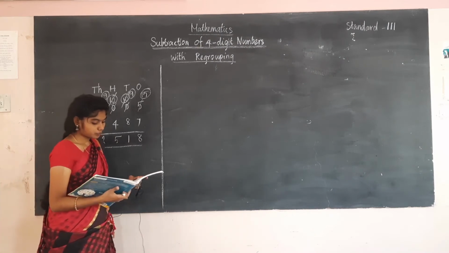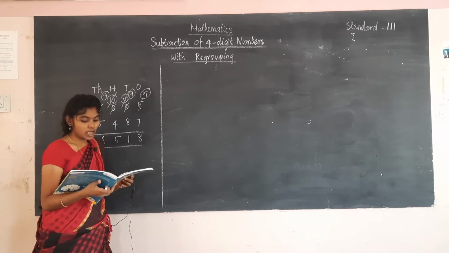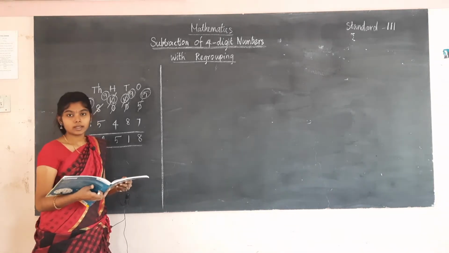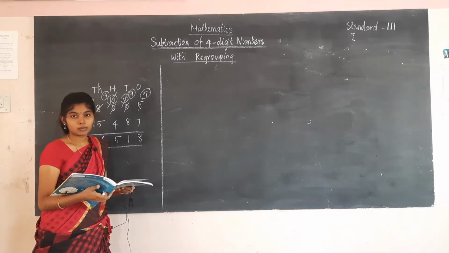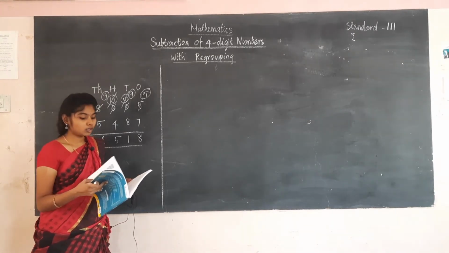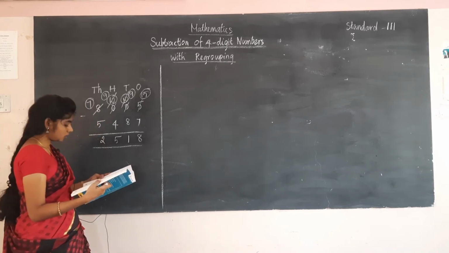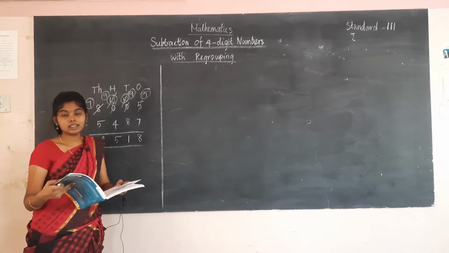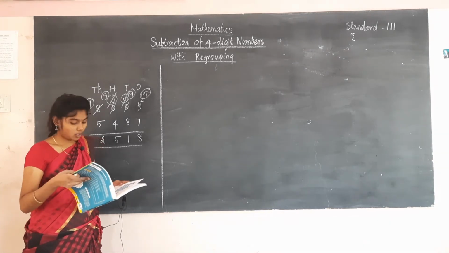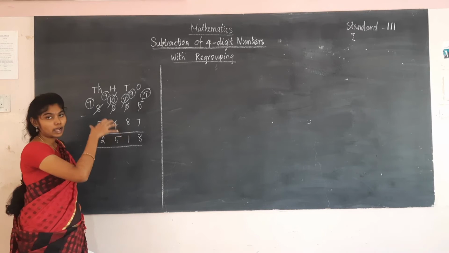That is the money left with Nabila and Abi. They went shopping, that is, they bought some articles from the shop for gifts. They have to give prizes for the quiz competition that was held there. So the amount left with them after their shopping is 2518. So this is the answer. This is how to subtract the numbers.